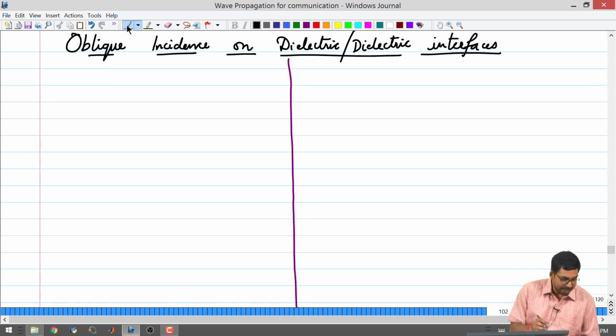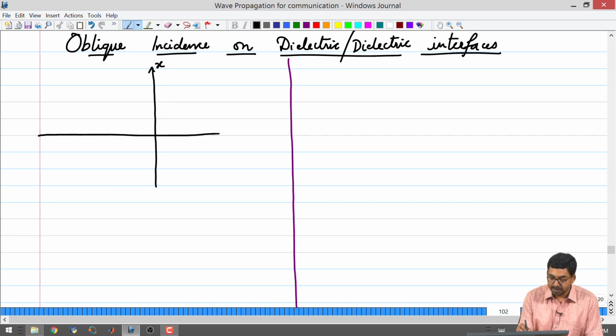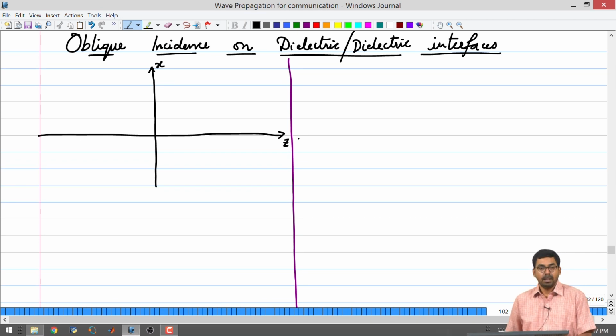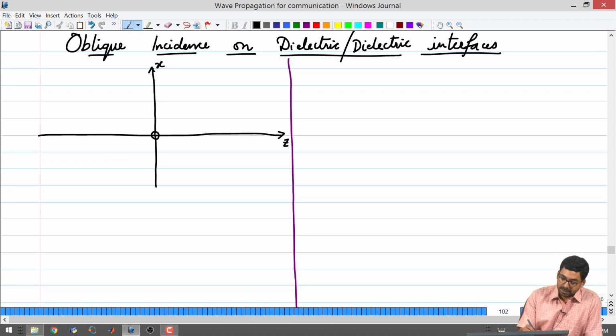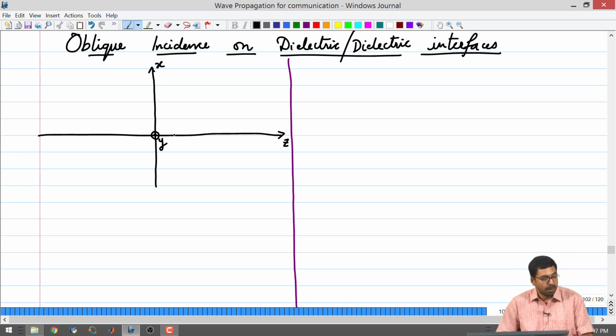So, I am going to mark the axis in the exact same way as we did before. So, I am going to have the x axis marked vertically. This is my x axis, okay. The z axis is what we were taking on the horizontal, okay. And to form the right handed triad, you will need to have your y axis going out of the paper. It is the same coordinate system as what we had used in the last class.